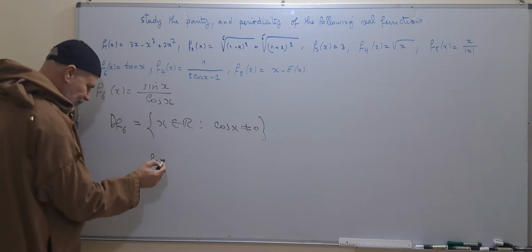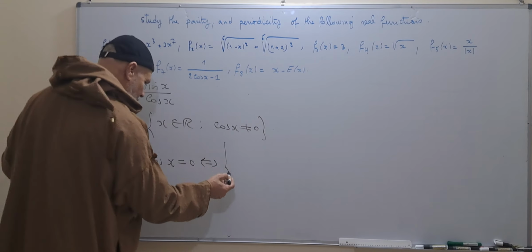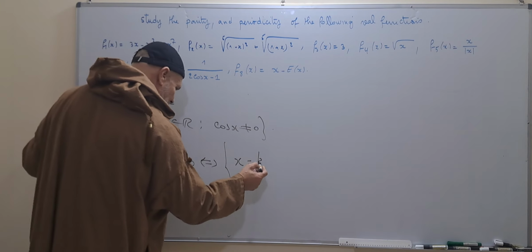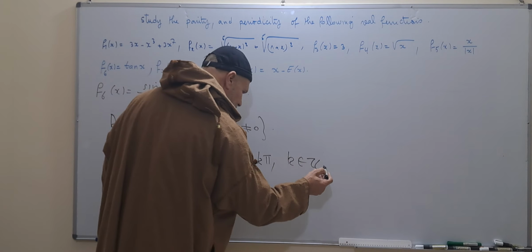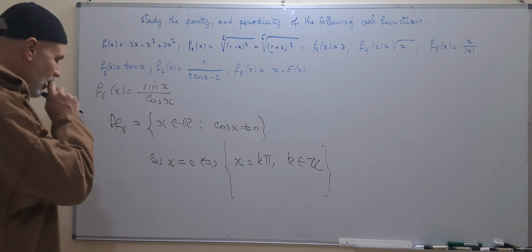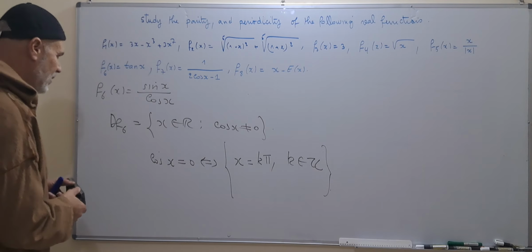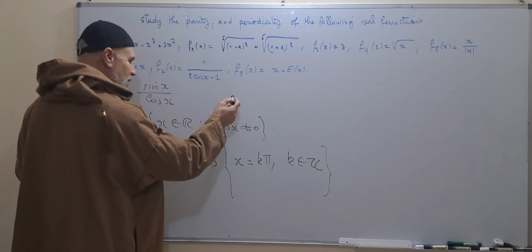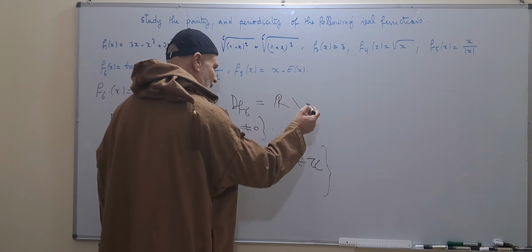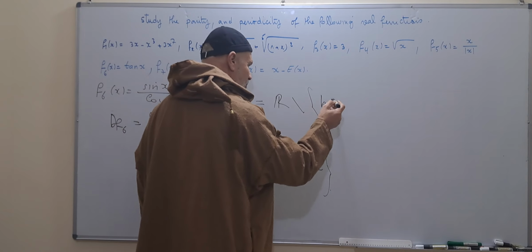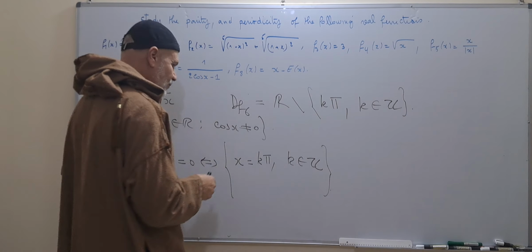Cosine x is equal to 0 is equivalent to x is equal to pi over 2 plus k pi, with k in Z. So the domain of definition of f6 is R minus those values, k in Z, which is